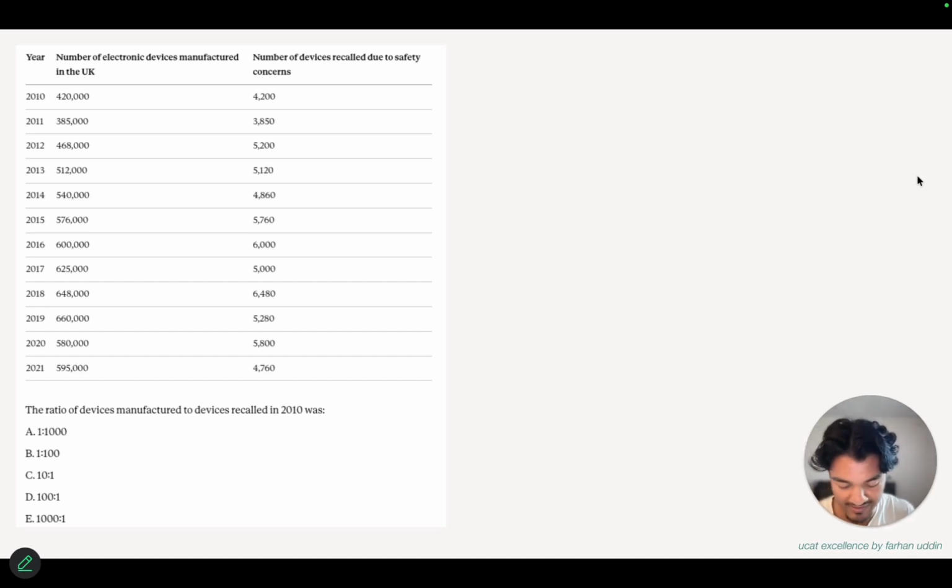So the ratio of devices manufactured to the devices recalled in 2010 was. So we've got the devices manufactured to the ones recalled. So it has to be this one on the left-hand side and this one on the right-hand side. In 2010, so we're looking at the first row here. So we've got